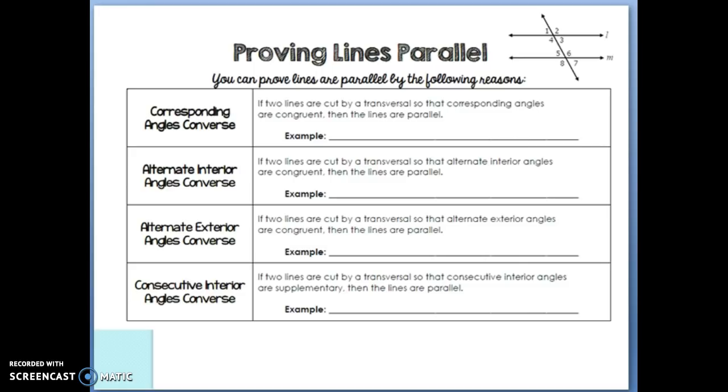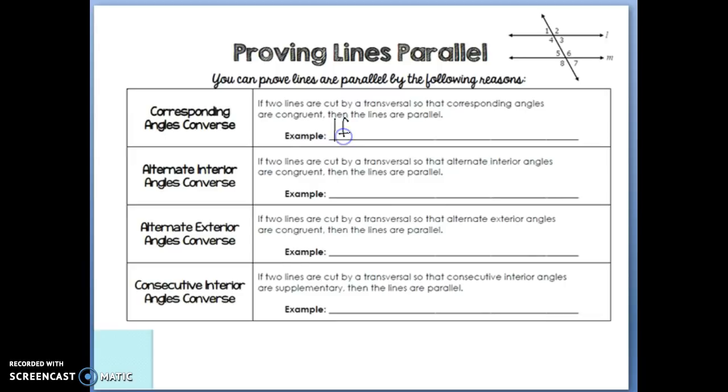So we've got a picture in the top right. Line L and line M are parallel. So, corresponding angles converse. This says that if two lines are cut by a transversal so that corresponding angles are congruent, then the lines are parallel. So remember, corresponding angles are the ones that slide on top of each other. So in our picture, an example of this would be